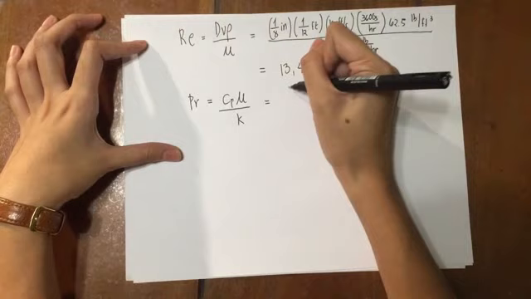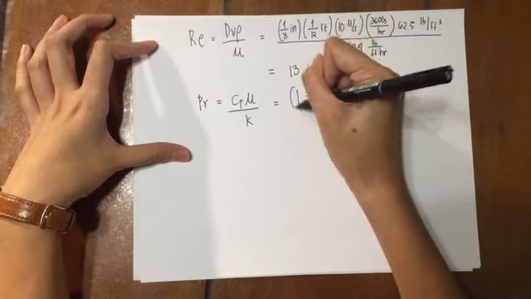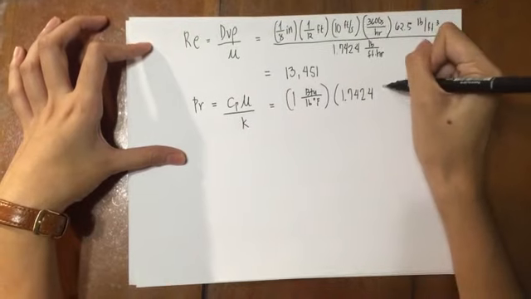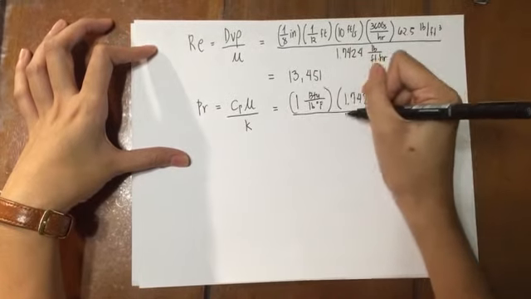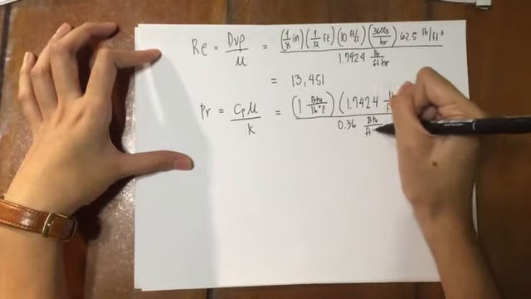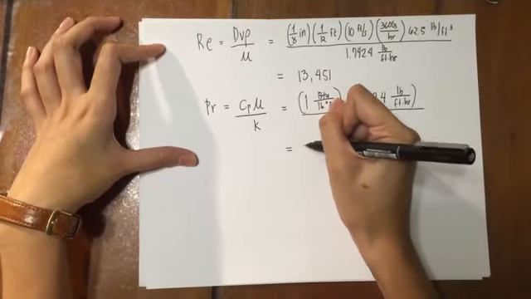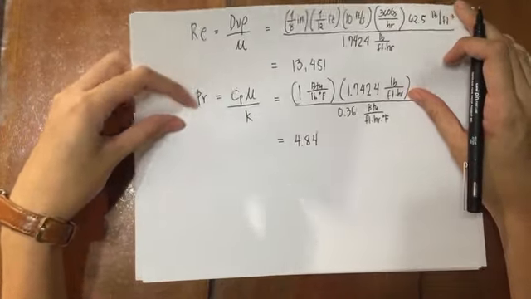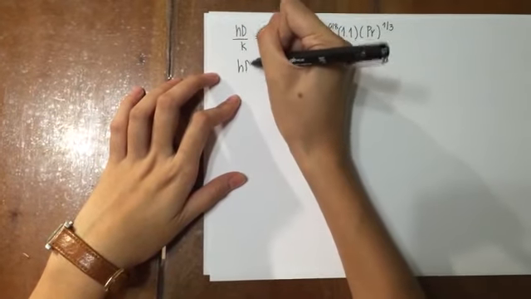The Cp of the water is 1 BTU per lb degree Fahrenheit, and the viscosity is 1.7424 lb per foot hour. And the K will be 0.36 BTU per foot hour degree Fahrenheit. Multiplying these values, we will get a result of 4.84. So now, substituting this Reynolds number and Prandtl number in the correlation, we will now have hD over k